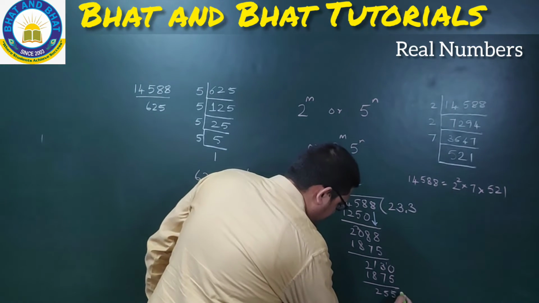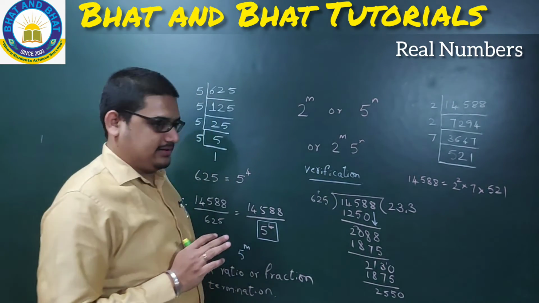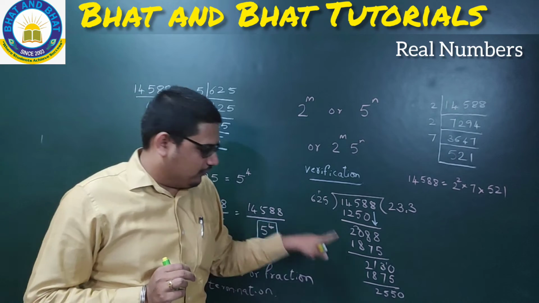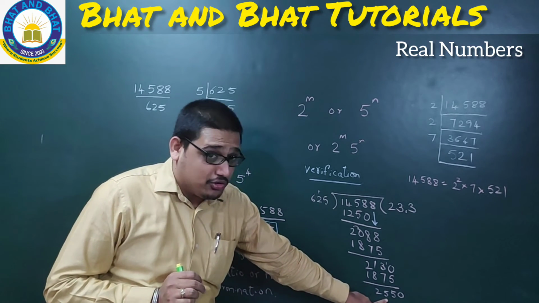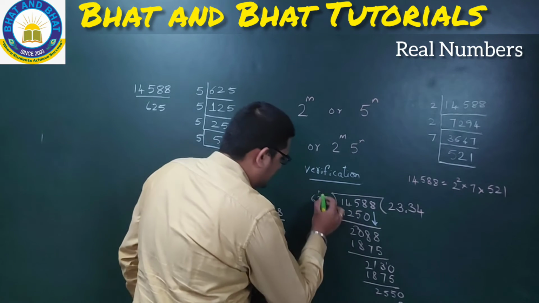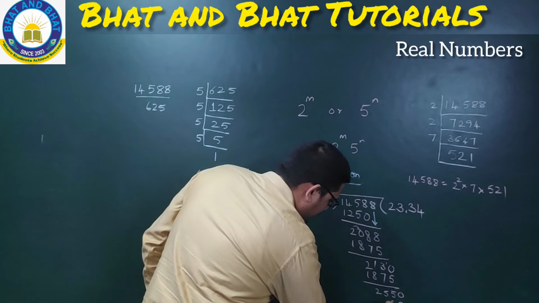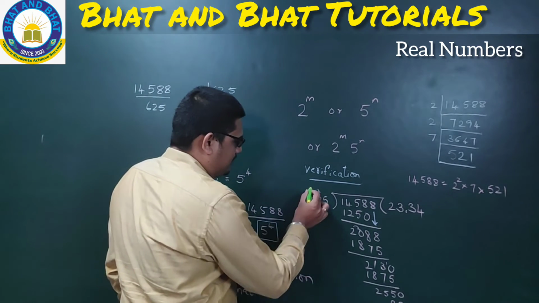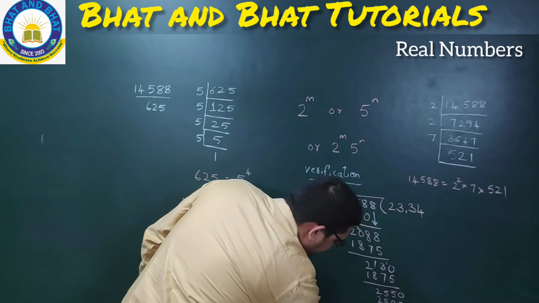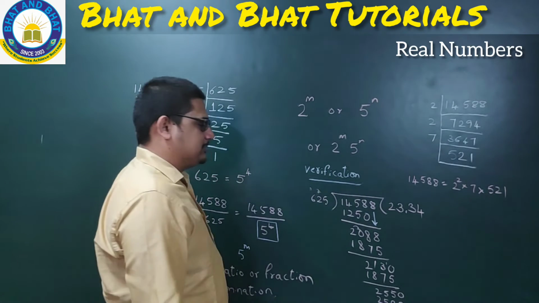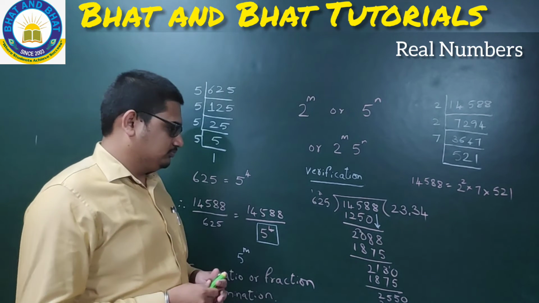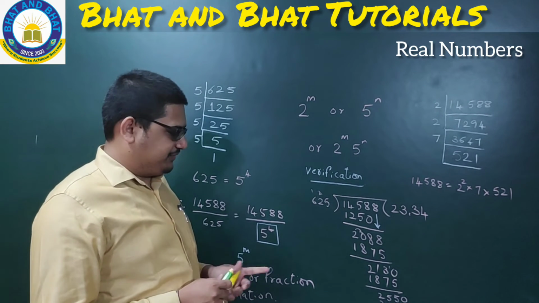Now I should put a 0. Now it is very important. You observe that 4 times is 4 6s are 24, so this is bigger than it. So I can try for 4 zero. So 4 5s are 20, 2 is the carry. 4 2s are 8 plus 2 is 10, correct? 1 is the carry. 4 6s are 24 plus 1 is 25. So 2500. So I am left with 50. Correct?